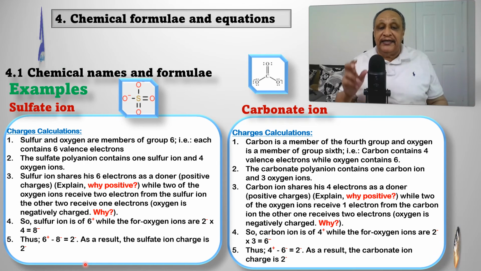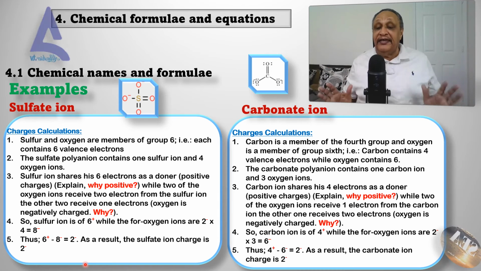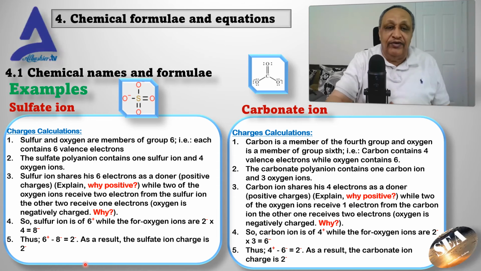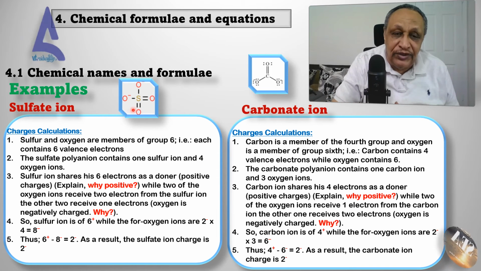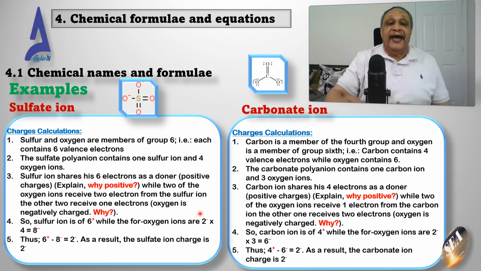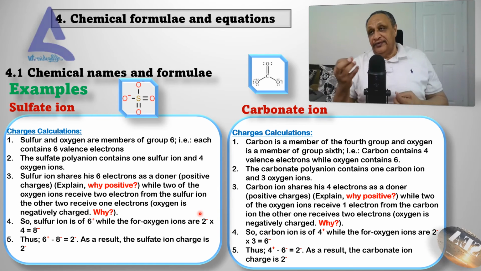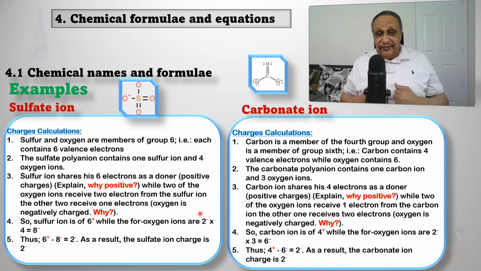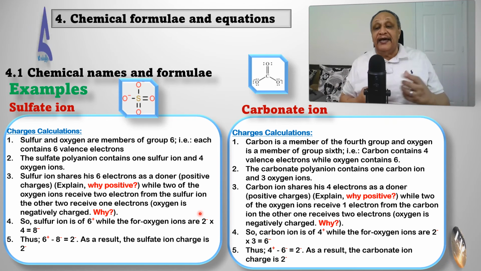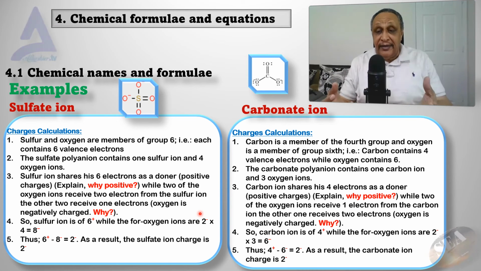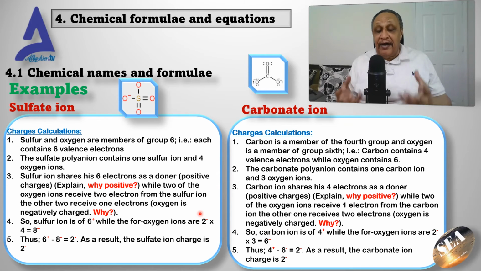Sulfur shares its 6 electrons. So the sulfur gives its 6 electrons, it shares them. And if you look here, it is going to share here with 2, here with 2, and here with 1, and here with 1. And this is what I said here. Okay, I have the sulfur and oxygen. Which one of them gives and which one of them takes? In this case, I'm going to say that sulfur is the giver, the donor, while the oxygen is the receiver